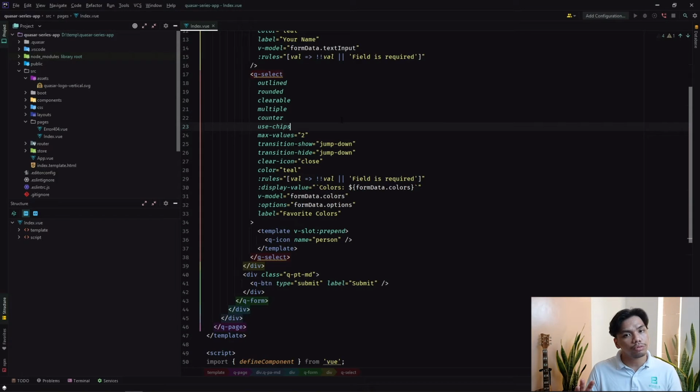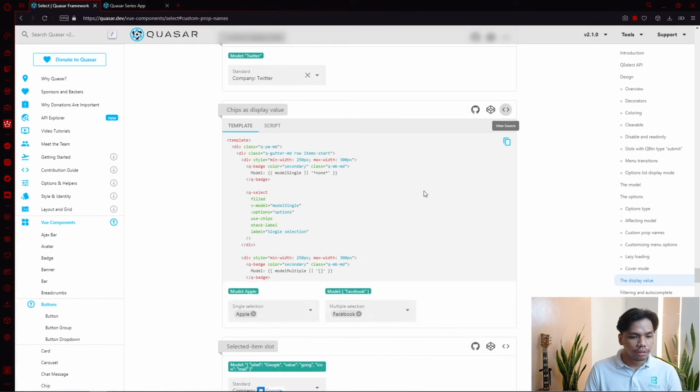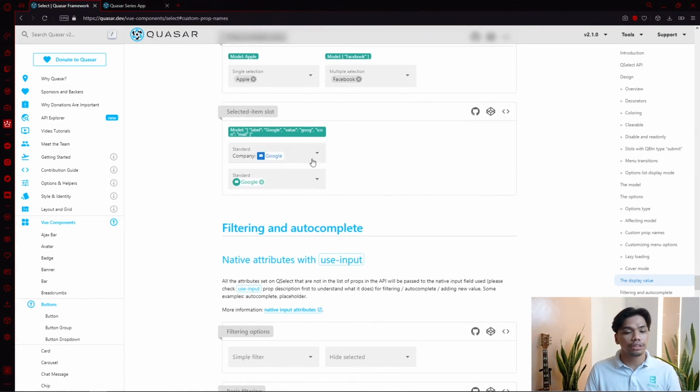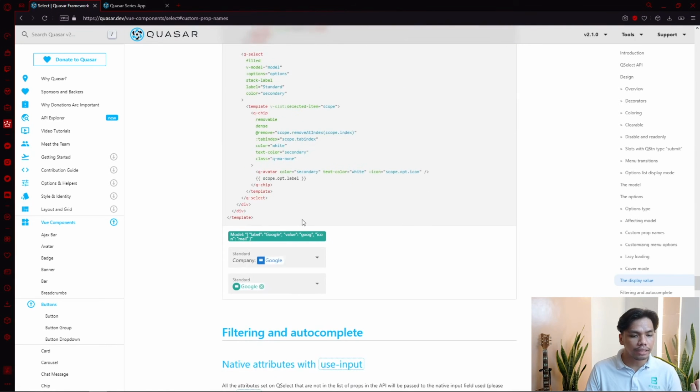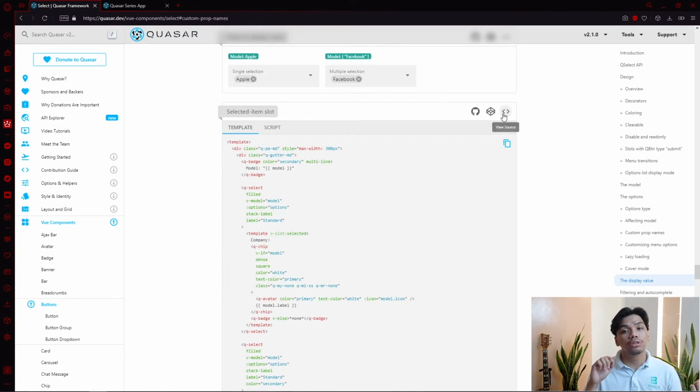So you can add and remove specific values based on the choose button of each chip. You can also set the item slot. In this case, they created a custom item slot which allowed them to add icons to their choices. They combined chips with icons. As you can see, they simply added a template for the specific Q chip. They added a Q chip here, and they added a Q avatar. So that is one of the ways to customize your